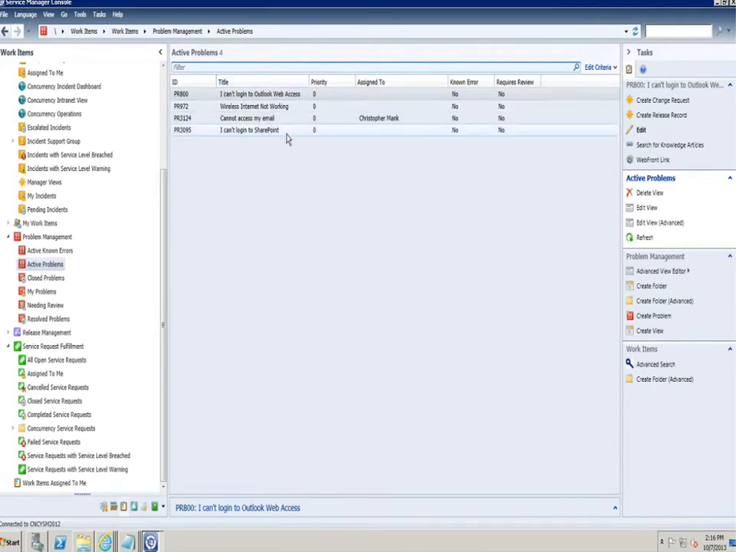So these different problems that exist here get prioritized against each other, and we say, okay, I want you to spend most of your time on this wireless internet not working issue. I want you to spend most of your time on I can't log into Outlook web access issue, or it might be called memory leak issue, right? So problem management allows for me to be very structured in terms of how I'm telling people to focus their